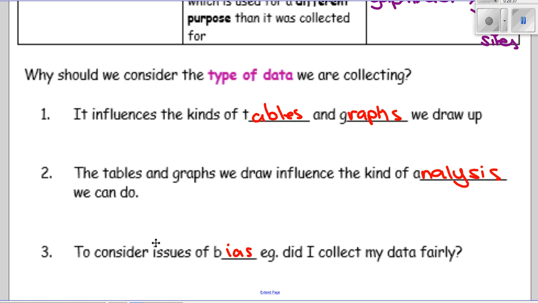And someone tried to collect data on whether the number of siblings they have affects their happiness and their ability to be happy at home. So someone did sibling numbers and that kind of thing, happiness against siblings. A lot of people didn't have that many siblings, so it was hard to get a range of results.